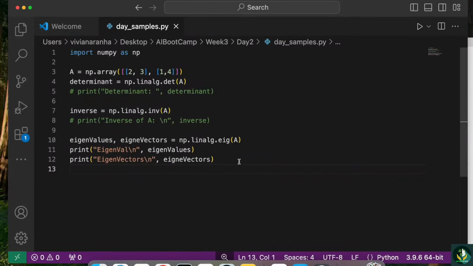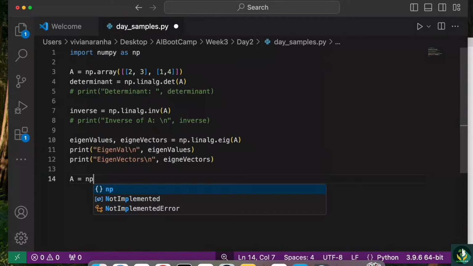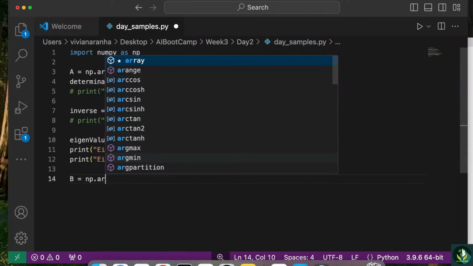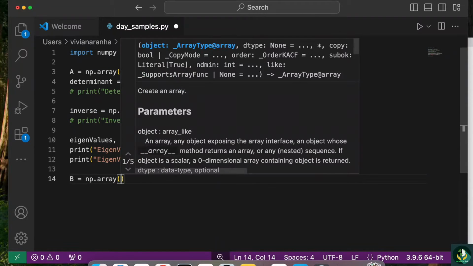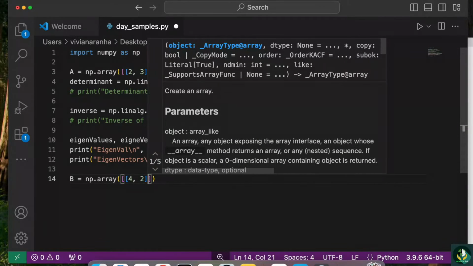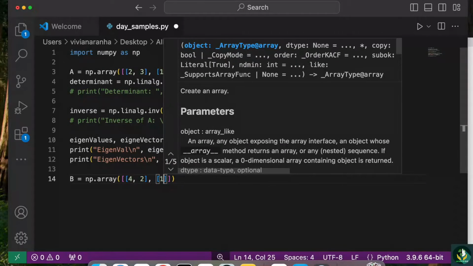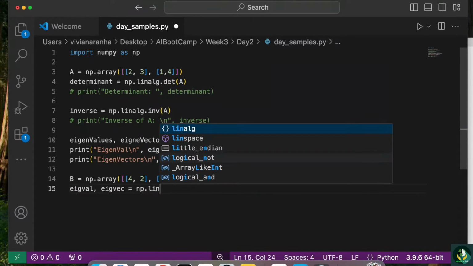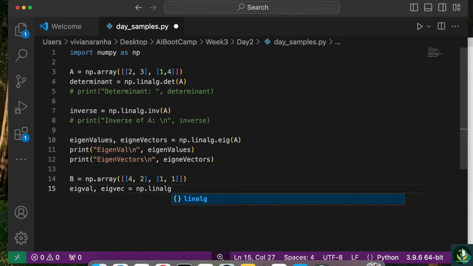I can give another example. So for example, if we create another array, let's call it B because A is already there. np.array, give it values 4, 2, and let's create 1, 1. Now I can say eigenval and eigenvec equal to np.linalg.eig of B this time,